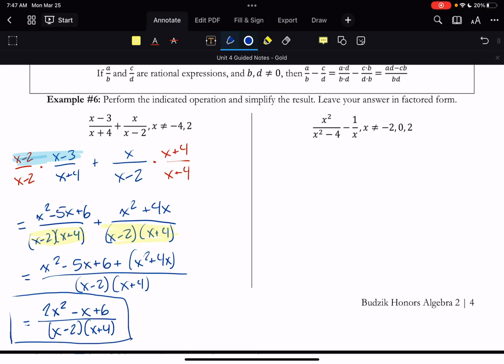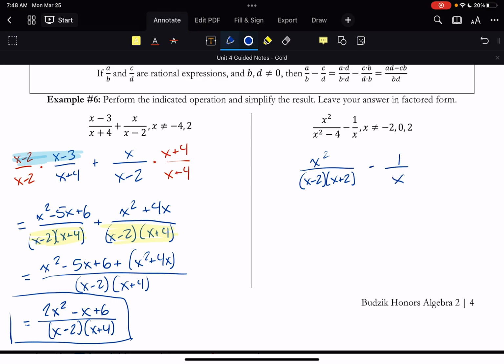Okay, all right, going ahead on to the next one. I have x squared over x squared minus 4 minus 1 over x. And I have those excluded values. So you do always want to start. It's also easy if you have a denominator that can be factored, factor that. So I have x squared over x minus 2 times x plus 2